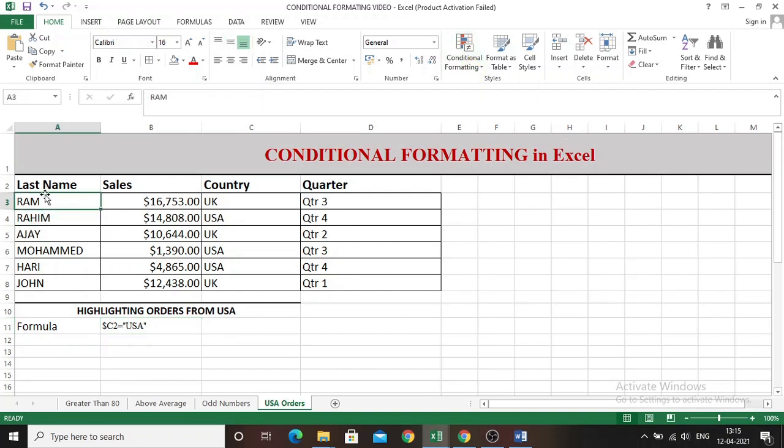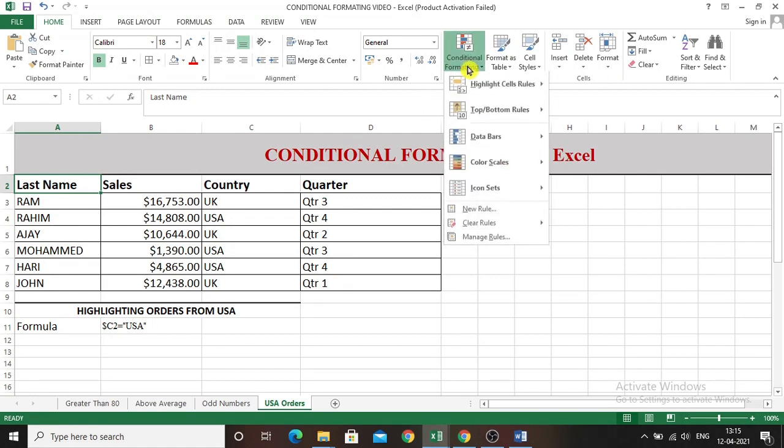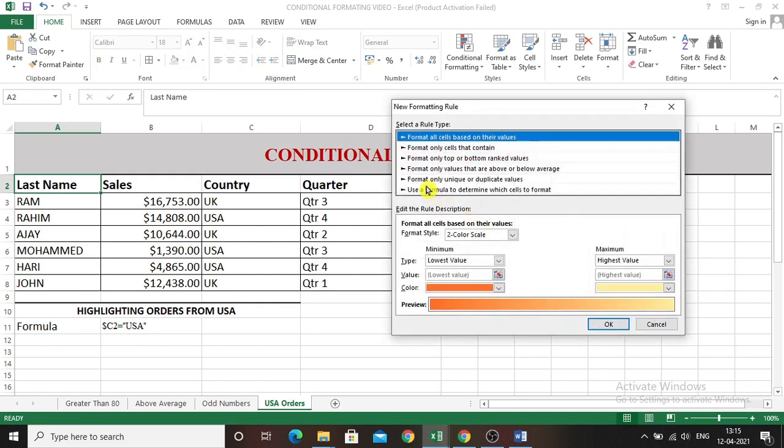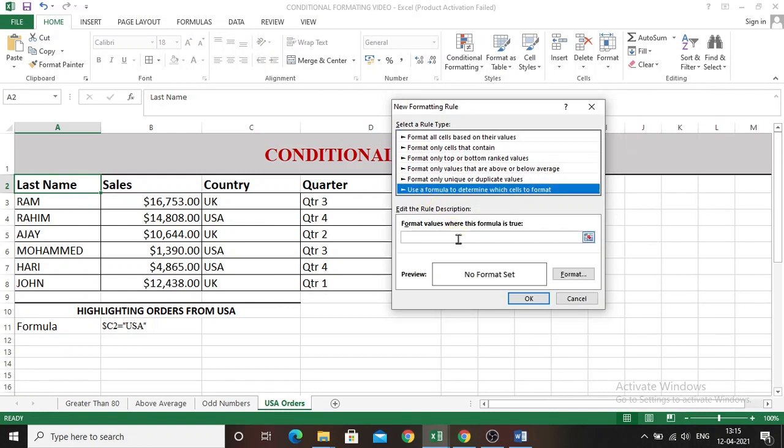Now keep the cursor here, then go to conditional formatting, click new rule, click use a formula to determine which cell to format. Select that, then formula values where this formula is true, that option is available.